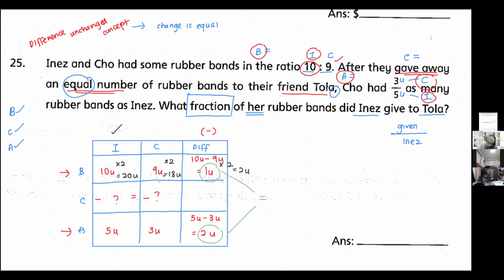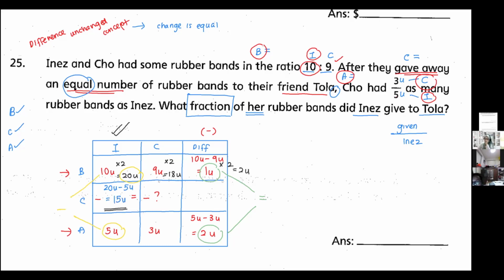Okay, I want Ines, right? So just look at Ines. I want to find what Ines gave away. This one. So I raise the question mark. All I have to do is look at the before and after information. The before, I have 20 units. After she gave away something, it becomes 5 units, right? So how much did she give away? Before and after, you need to minus. So 20 units minus 5 units, you will get 15 units.